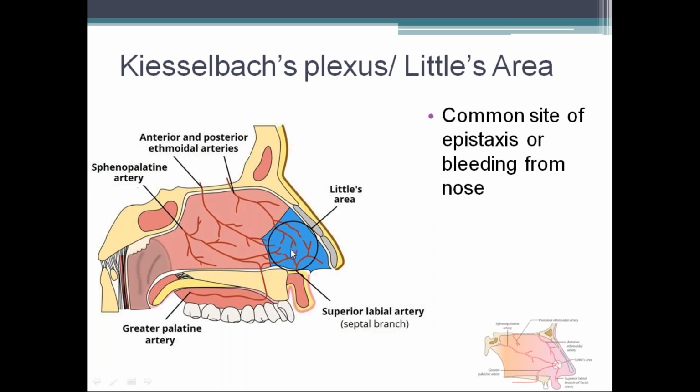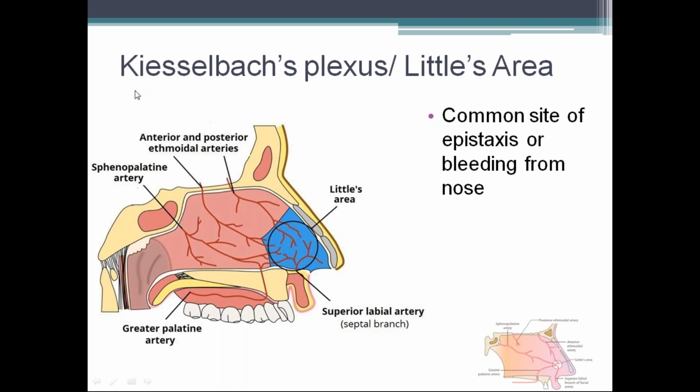So the anterior ethmoidal artery, the branches of the sphenopalatine artery, the greater palatine artery and the superior labial artery all undergo anastomosis at the antero-inferior part of the nasal septum and form an arterial